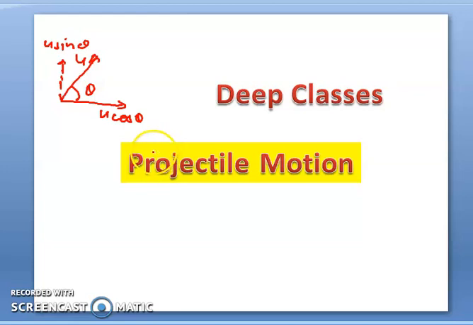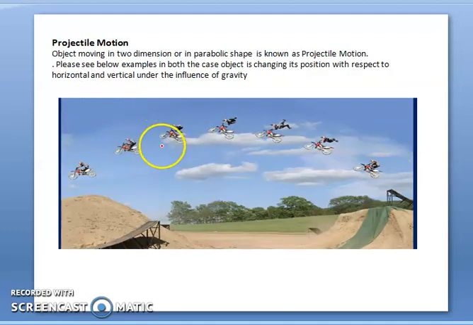So earlier we discussed rectilinear motion, when the object moves in a straight line. Now if the object moves in a parabolic shape, as you can see in this diagram, it changes in two dimensions. So in the example below, suppose the initial velocity u is thrown at an angle theta with the horizontal. Then there is a horizontal component, which is u cos theta, and a vertical component, which is u sin theta. We'll use this and solve the next thing.